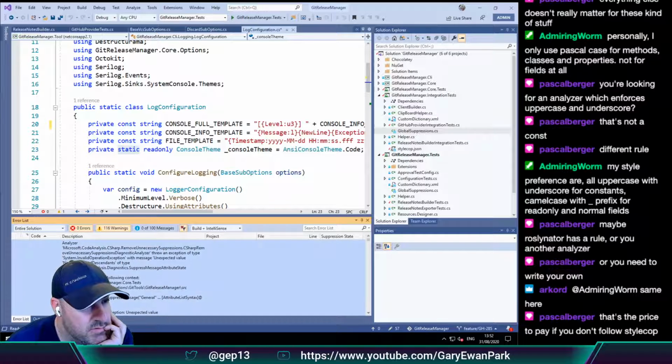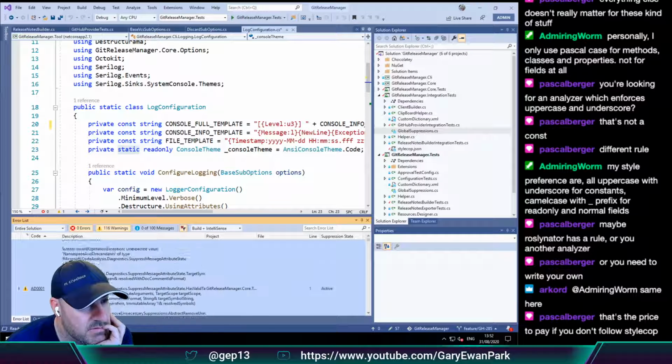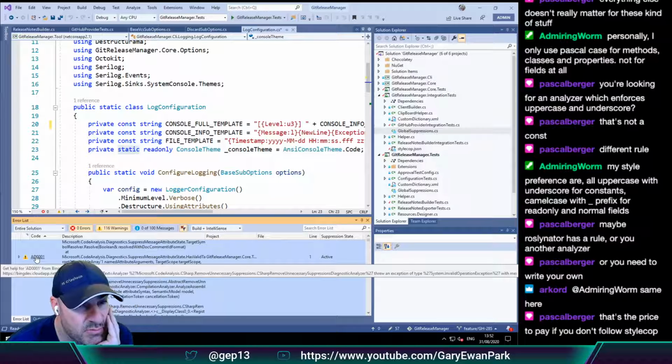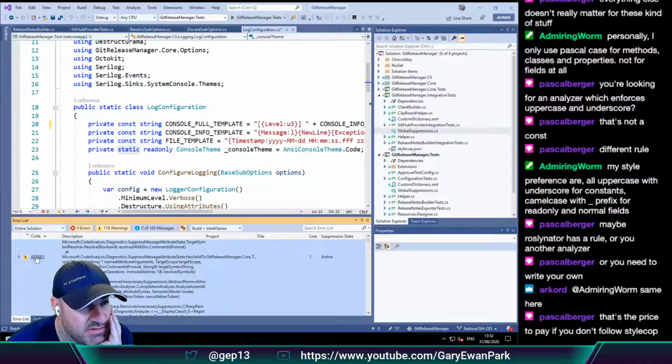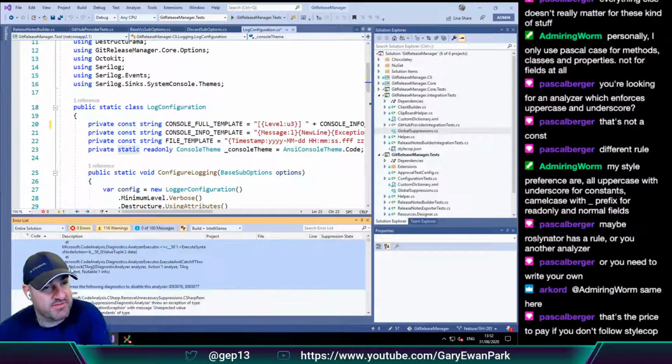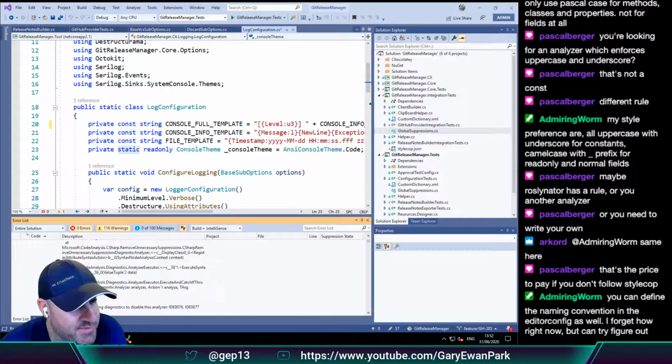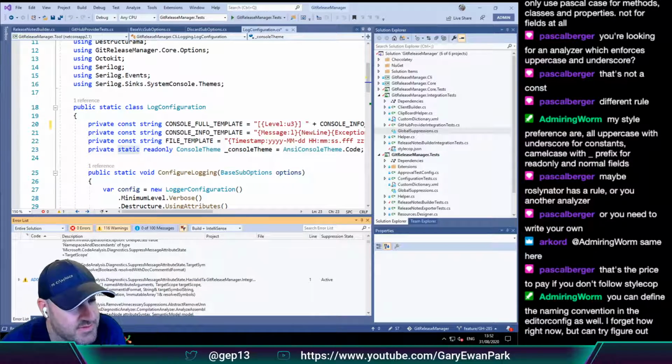Remove. Oh, it's moaning about my global suppression.cs. Remove unnecessary suppressions. Might have to fix that. There'll be 3 of them, I bet. Oh, there's more than that.